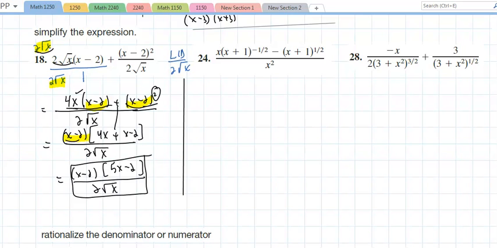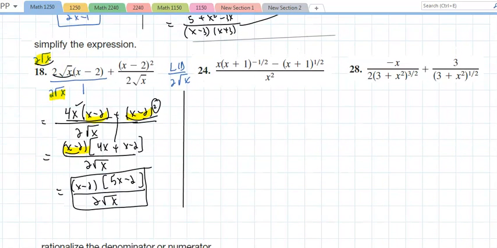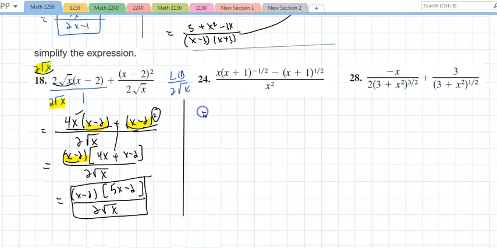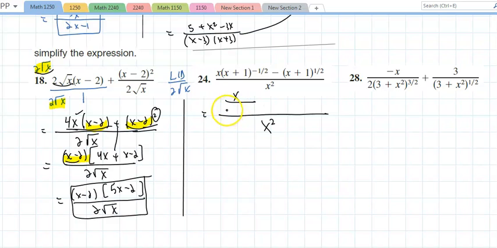Now this next problem, there are 2 ways of doing it. They really want us to factor, and that would be much neater if you could factor. Most students don't see it this way, and since this is not a calculus class, I am going to write it as a fraction. Right? Minus square root of x plus 1 over 1. And here, what we're going to do, we're going to find the LCD. Now, there is a shortcut. If all of those happen to have the same denominator,